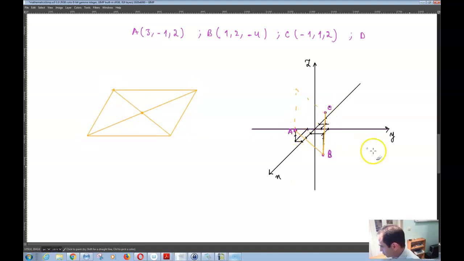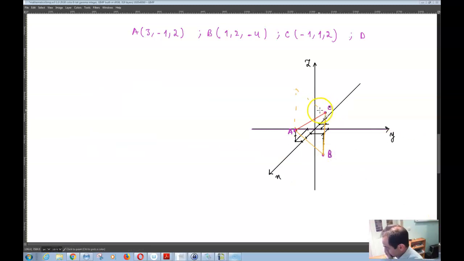So based on these two points, I can find the midpoint of A and C. If I call it O, for example,